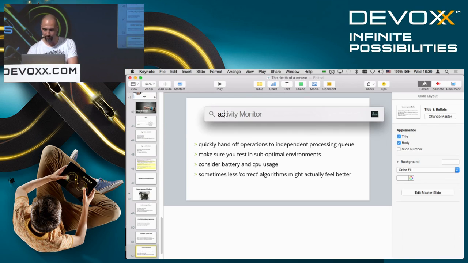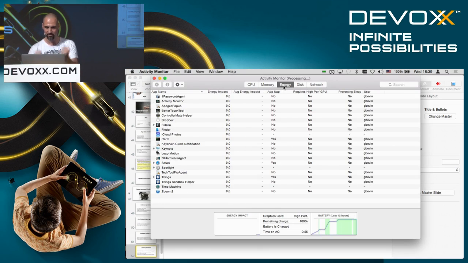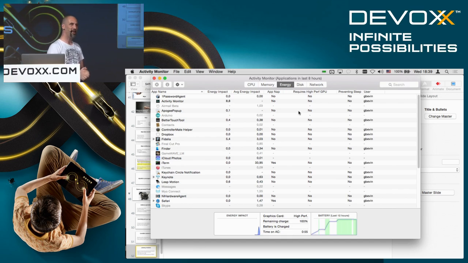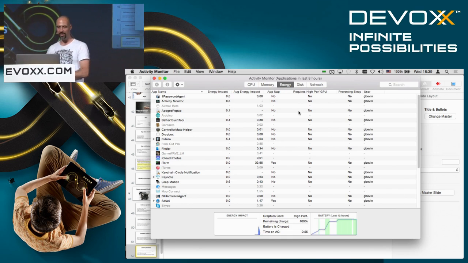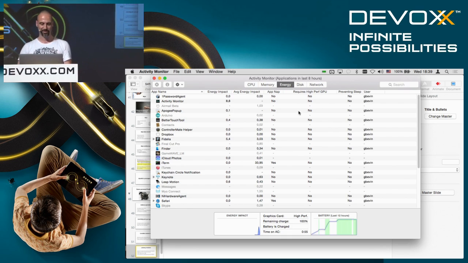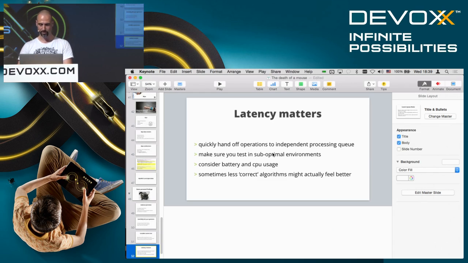Activity monitor. There you go. The activity monitor now has an energy tab, so now you can see immediately what kind of energy your apps are using. And since it's such an amount of information that is coming in, the energy usage when you're using it might be quite high. At the moment I'm not using GameWave, so it's not popping up, but GameWave is actually quite